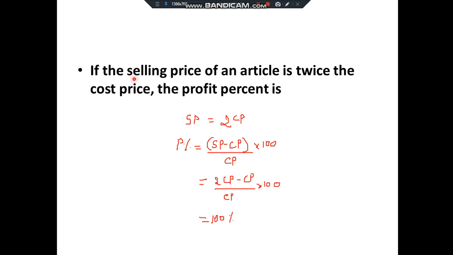If the selling price of an article is twice the cost price, the profit percent is. Actually, it is quite similar to the previous one. So selling price is equal to 2 cost price. That is the condition. Now you have the value for selling price and profit percent is asked. So directly substitute the value of selling price as 2CP. So finally you get the answer as 100%. See, this is just a part of the previous question. Hope you remember, from SP is equal to 2CP onwards, the previous sum continues. So we'll go with the next question.